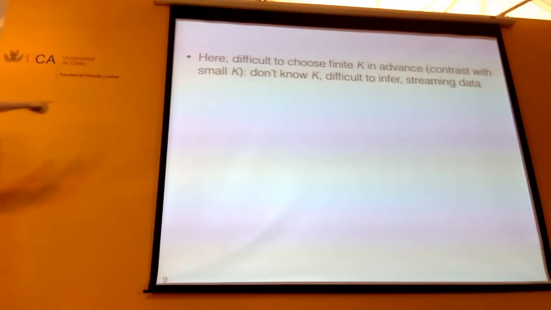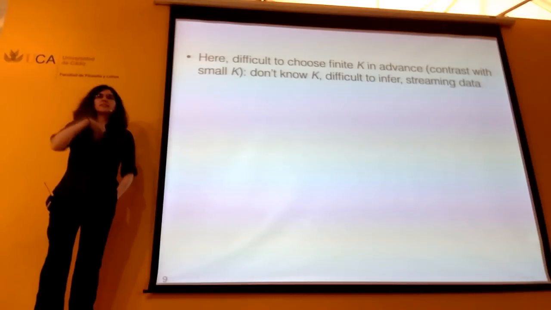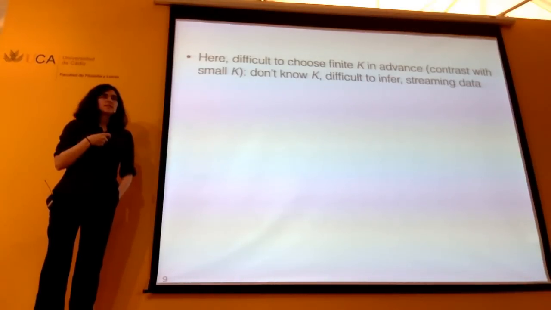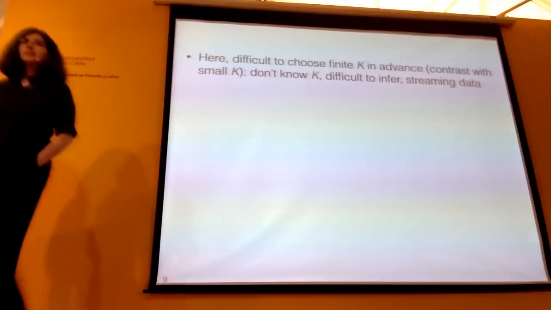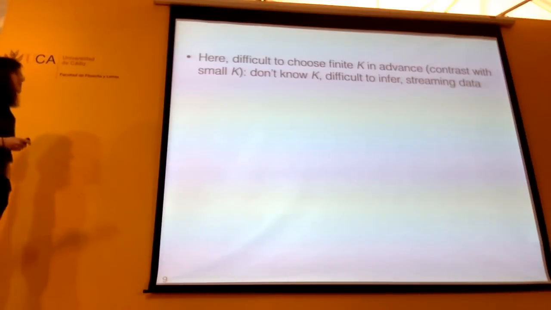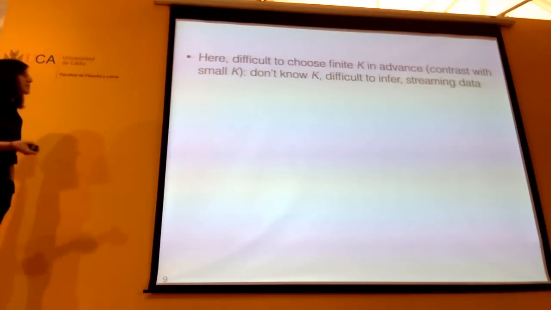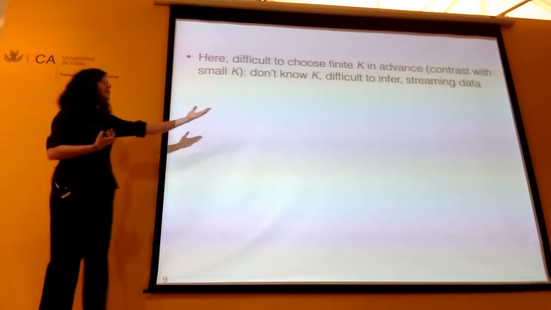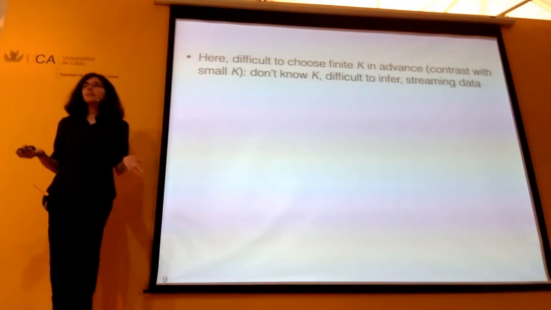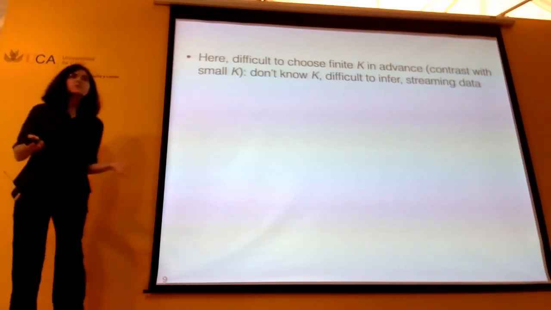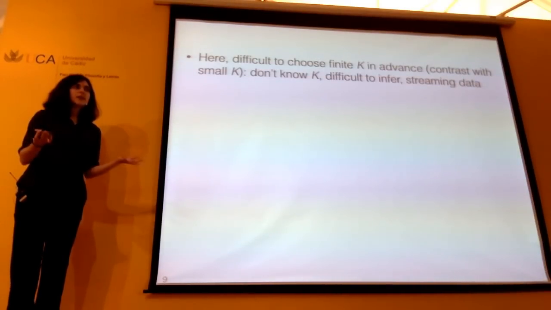Okay, so this great point was made in the audience that it is difficult to choose a finite K in advance. What if I actually want to keep up this growth? I'm doing species sampling or something like that, and I'm looking at images, and I want to see the unique different sorts of objects that could be in those images, and I want to always have this growth mode. So there are various problems I can have. One, I just don't know K, so I'm afraid that if I choose one, I'm going to run into it eventually.